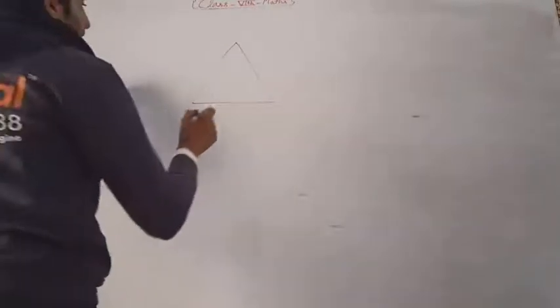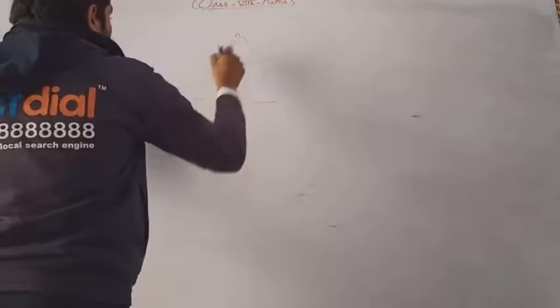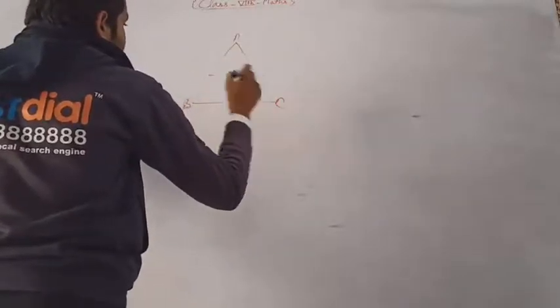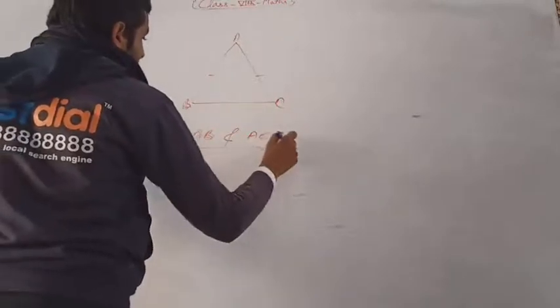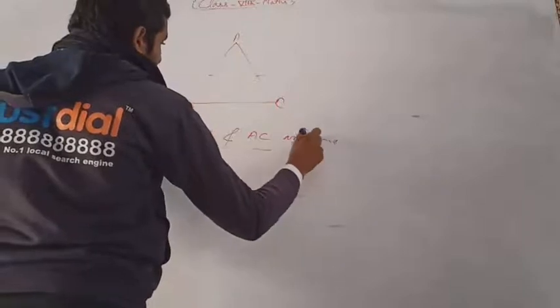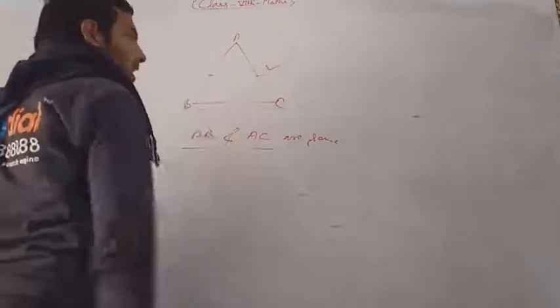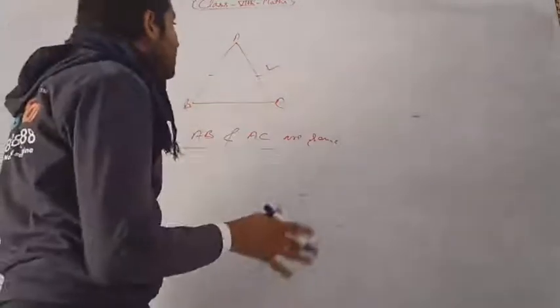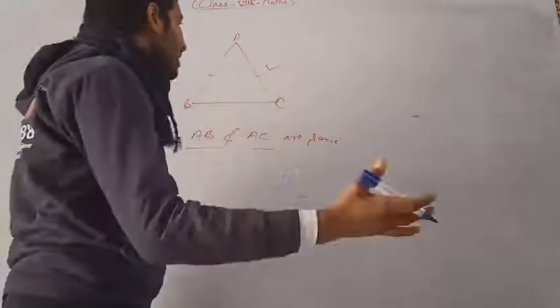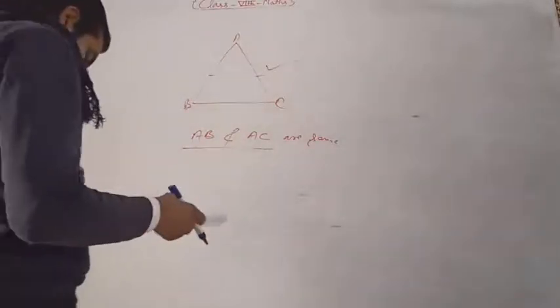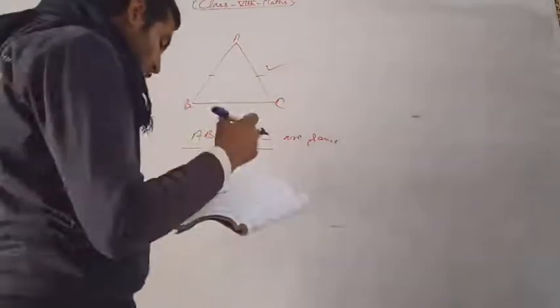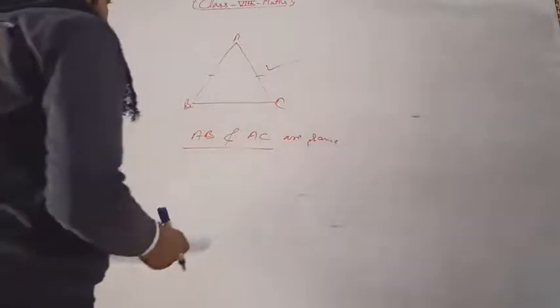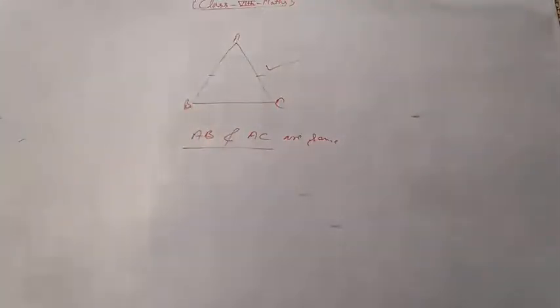take this type of triangle in which 2 sides AB and AC are same. Okay, so this type of triangle is said to be an isosceles triangle because an isosceles triangle has 2 sides the same. Okay, so this type of triangle is known or is said to be an isosceles triangle. Okay, you have to also write the definition and you have to learn this.